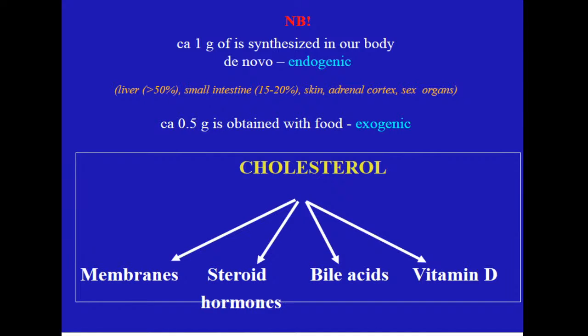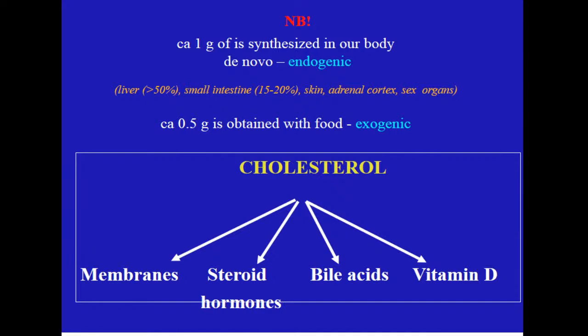And near half of the gram is obtained with our food. This cholesterol we are naming exogenic. Endogenic and exogenic cholesterol. If we will block uptake of exogenic cholesterol, believe me that there are mechanisms that will increase the endogenic production. So if you will fight with hypercholesterolemia in your patients, remember please about regulative mechanisms. Only diet with decreased quantity of cholesterol, it's not a pathway how to decrease the level of cholesterol in the blood.